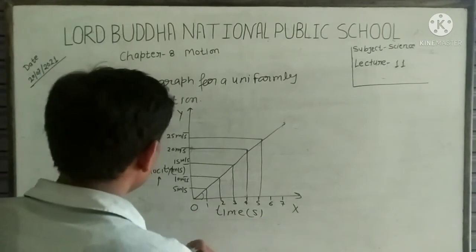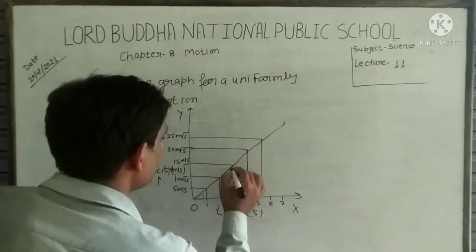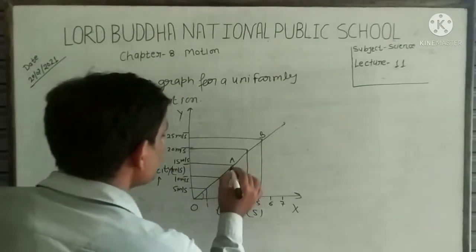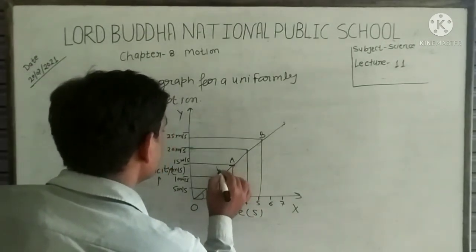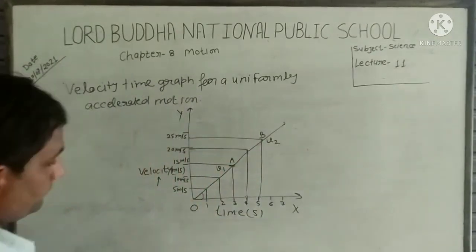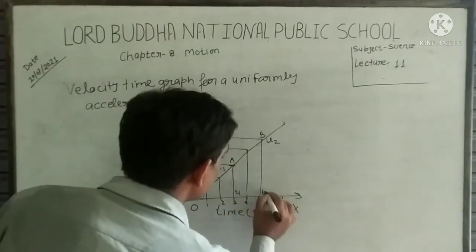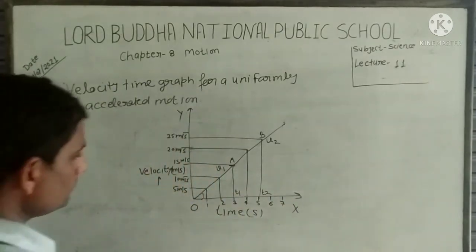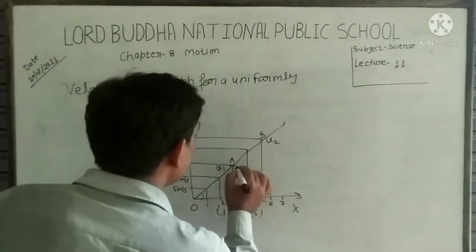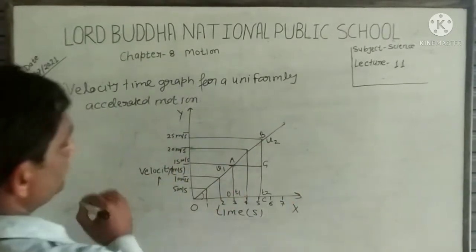Now we take 2 points here. The first point at A and the second point at B. This will show the position V1 and this will show here the position V2. Here when we draw the perpendicular, it is time t1 and it is time t2. Here we take this point as D and this point as C. We draw perpendicular from A at AG. Okay.